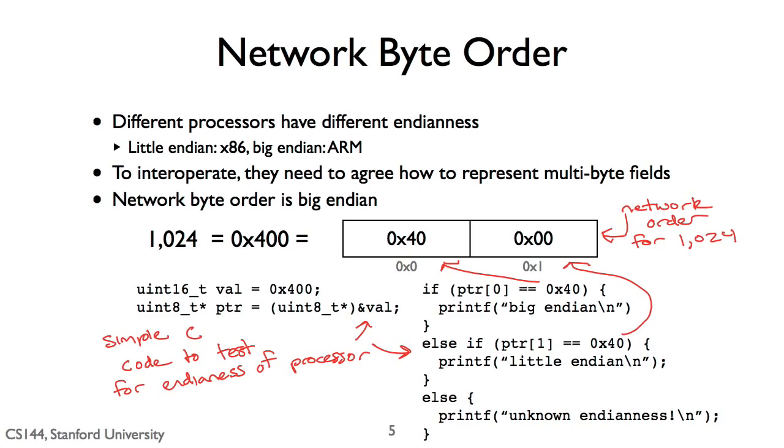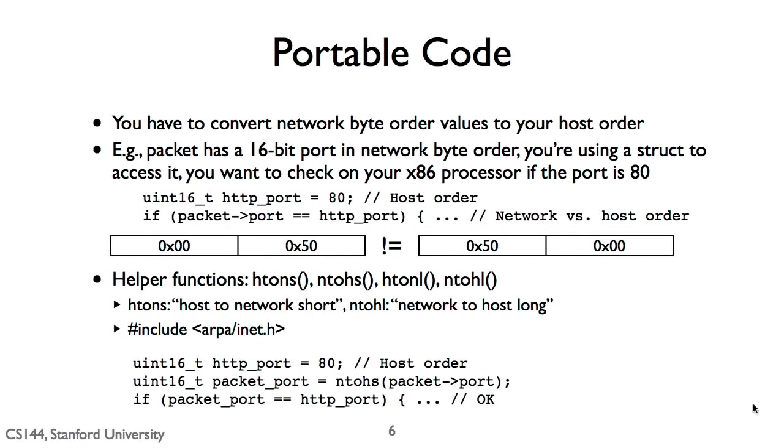Well, wait, this creates a complication. You need an internet packet to be in big endian format, but what if your processor is little endian? Let's say, for example, that you want to set the port number of a TCP segment to be 80, the HTTP port. A simple way to do this might be to create a C struct that has a field port at the right offset. But if you use a value 80 to compare with the port field, that 80 will be stored little endian, with 0x50 as the first byte. Big endian needs 0x50 stored in the second byte. So although the port field in the segment is 80, and you have 80 as your value, this test will